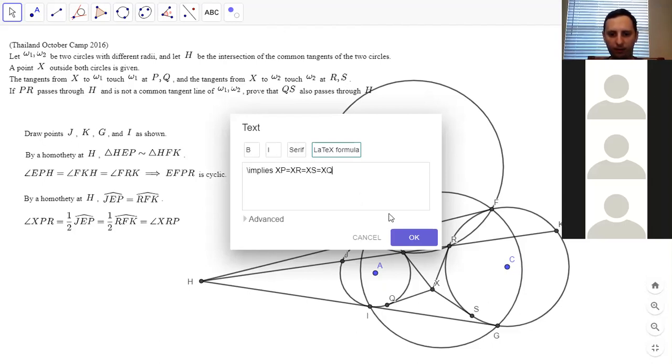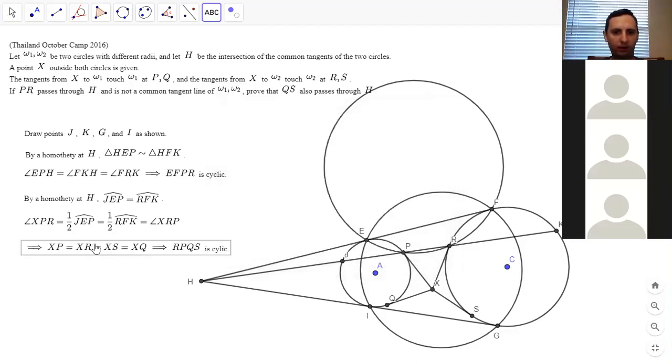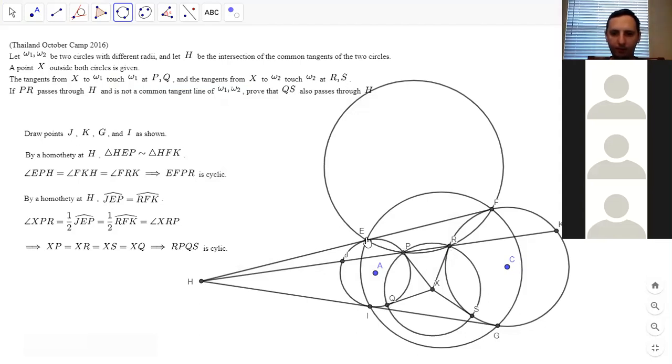And that means that RPQS is cyclic, because X is the center of that circle. And so I'll draw that. And now we can use the radical axis theorem. So we have EPRF, PRQS, and we must prove that